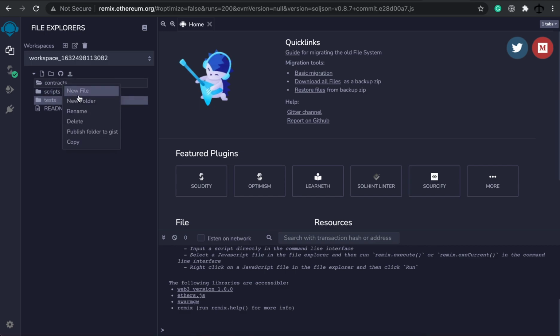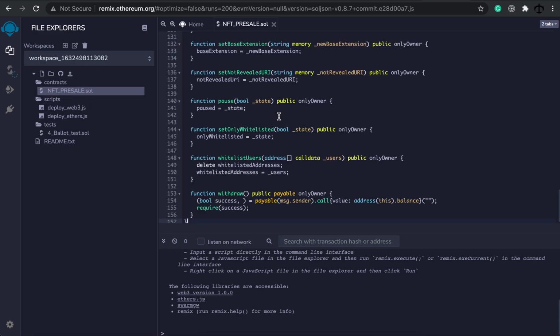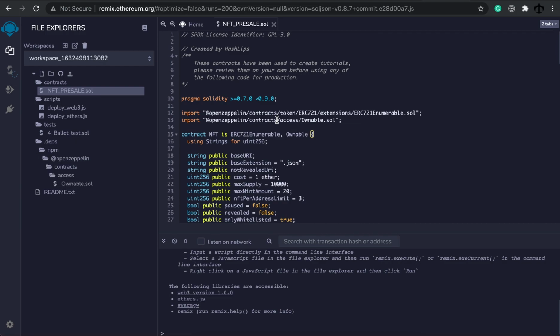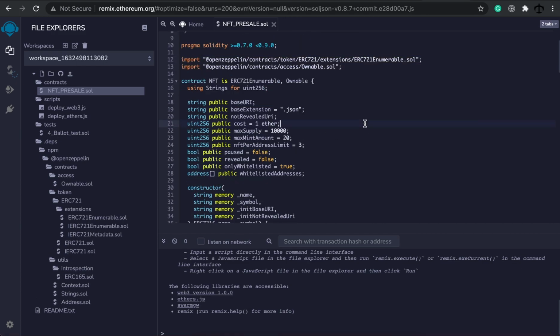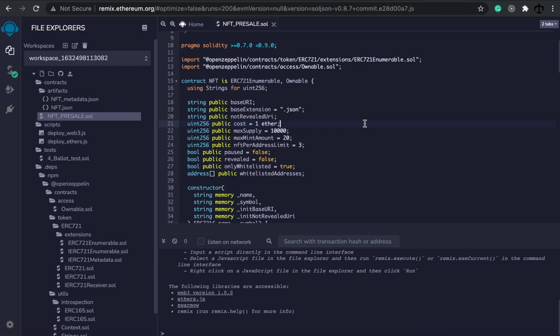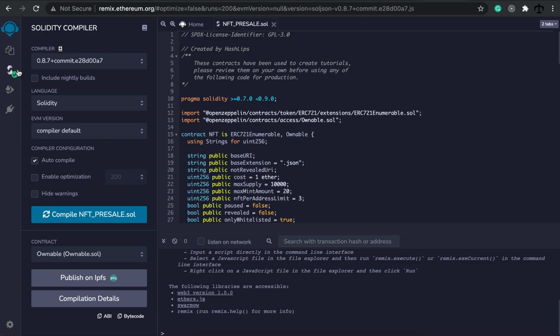Perfect. Now what we're going to do is create a new file. We're going to call it NFT_presale, much like the same one that we had, .sol. And now that we have this, paste all the contents in here. At this point, Remix will actually load up all the dependencies because we have these two imports. Let's look at the bug and test it first so you can see the bug or the little loophole in action. Once everything is loaded up, you'll see the green tick mark here on the Solidity compiler section,